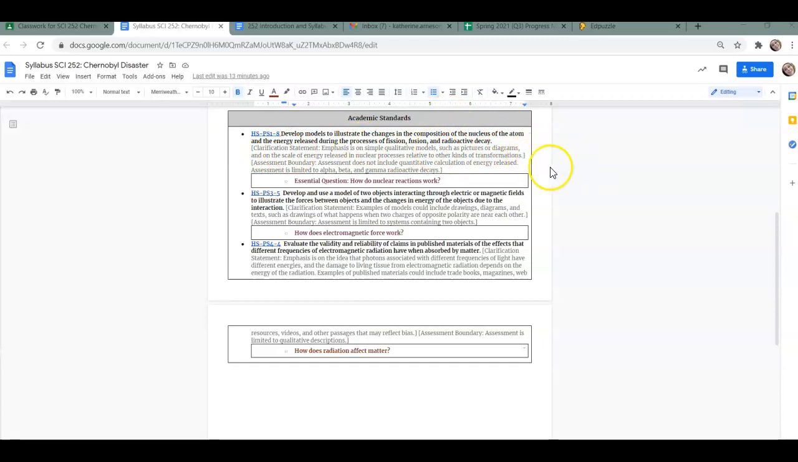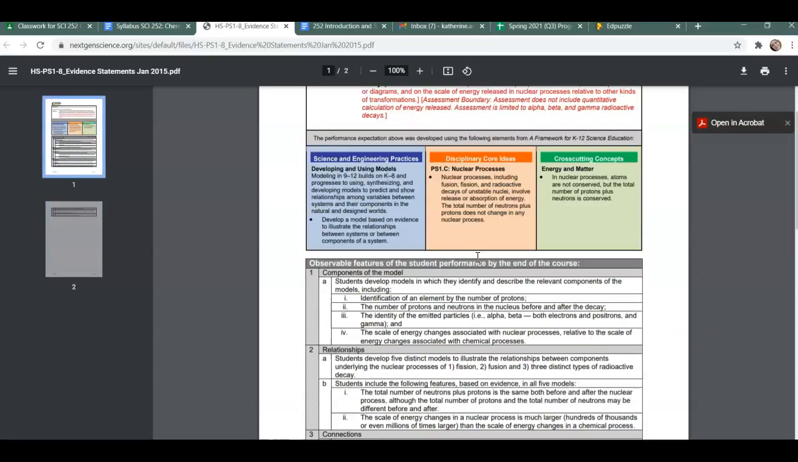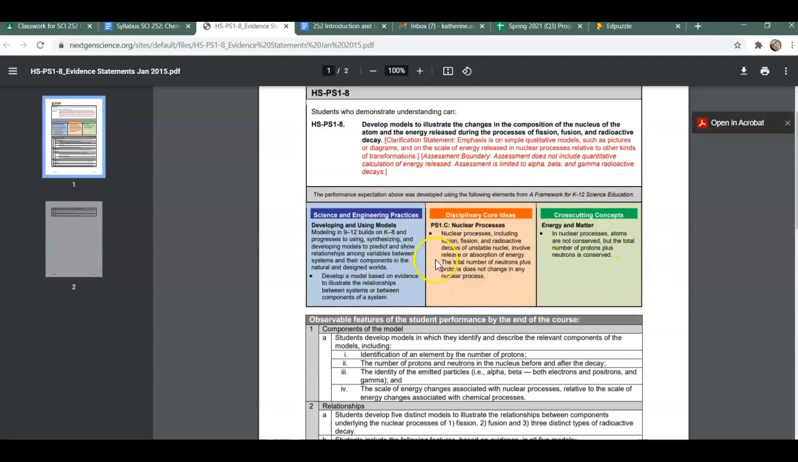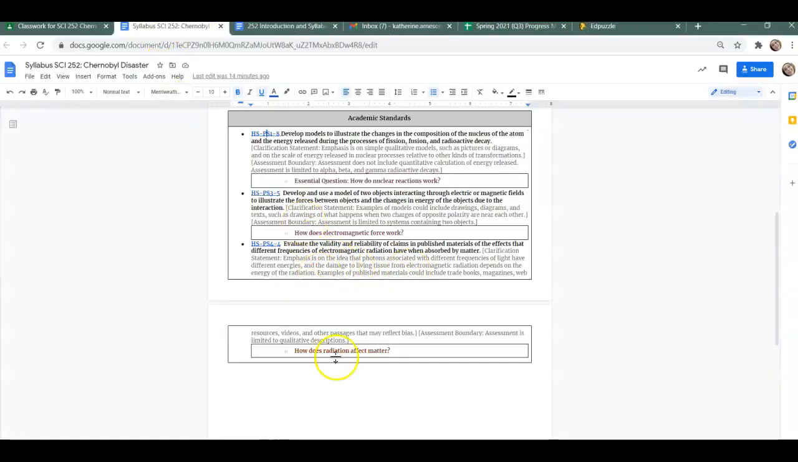And personally, I just think those topics are super interesting because of the effect that they have on matter, which is actually the last standard over here. Remember that on any of these standards, you can click on the hyperlink and go to the Next Generation evidence statements page, which tells you some details about it. This colored section right here that is always these three colors, blue, orange, and green, this part you don't really have to pay attention to. This is like themes for the teacher. But if you want to know specifically what we're going to be studying, you can always find it in these sheets. So the last one is